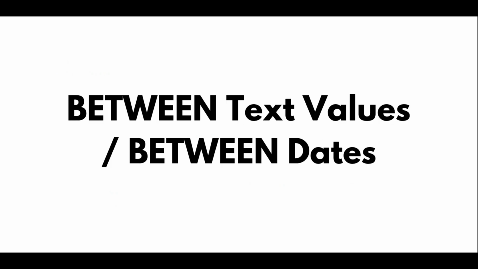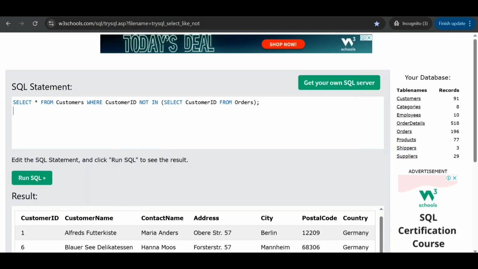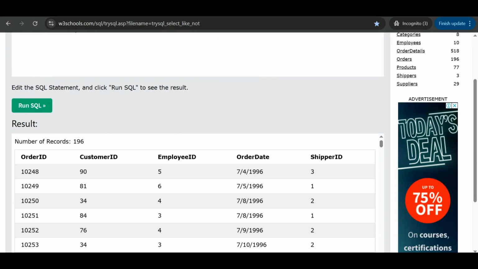Next is BETWEEN for text and dates. BETWEEN is used to filter your query between two values. Maybe I will use the orders table for example.